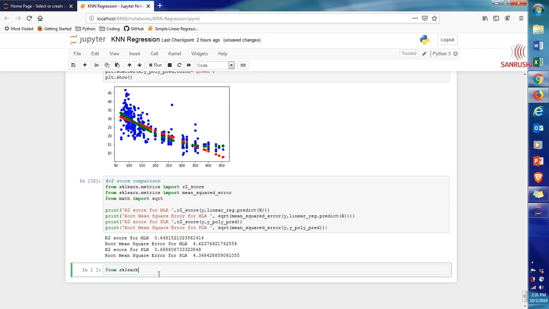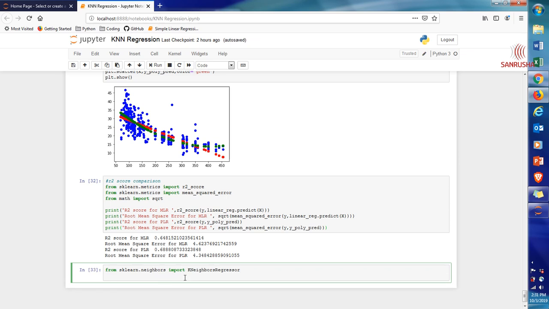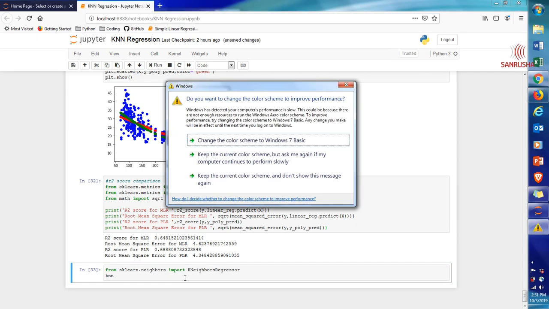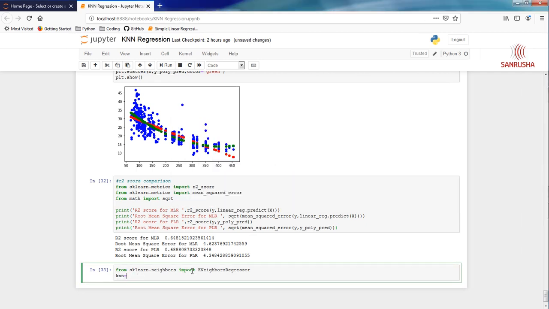From sklearn.neighbors import KNeighborsRegressor, and then create an instance of the KNeighborsRegressor method. knn equal to KNeighborsRegressor, and just create an instance of that.